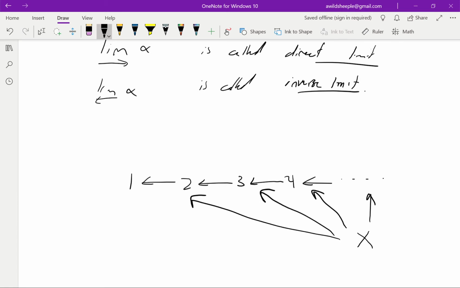So I drew it underneath, but I said over. I don't know why I did that. But the point is that it's this universal thing that sort of maps down to all of them. And so the way that you should think about this is if this universal object exists, then it's sort of a limit of what you might think of as partial colimits,